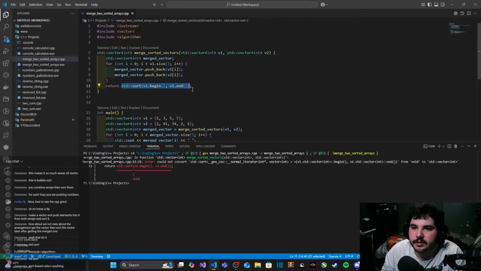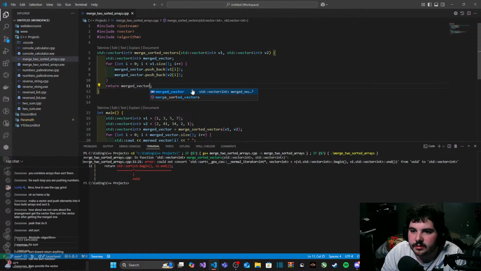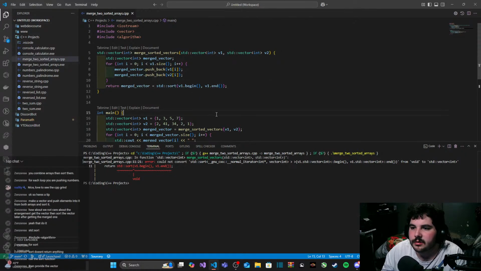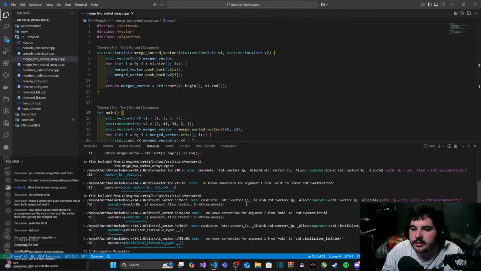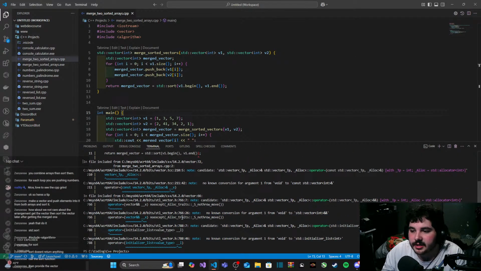Oh, okay. So, merged vector. Does that do anything? No, it does not. I'm gonna take this as a no.